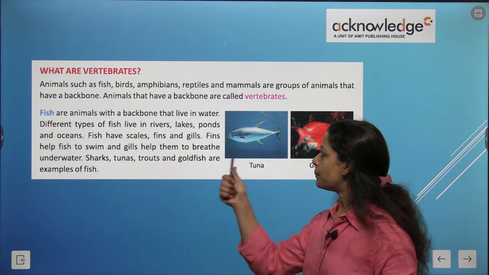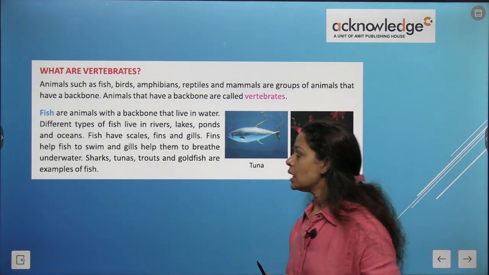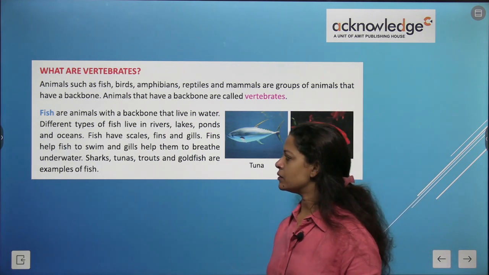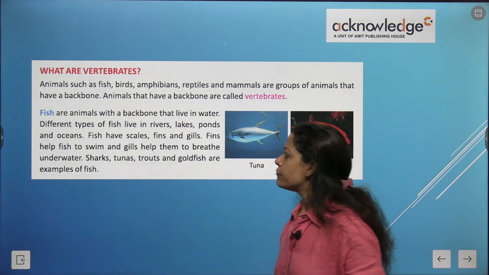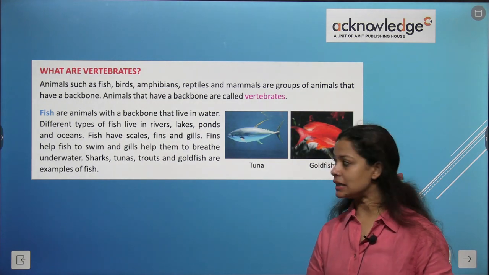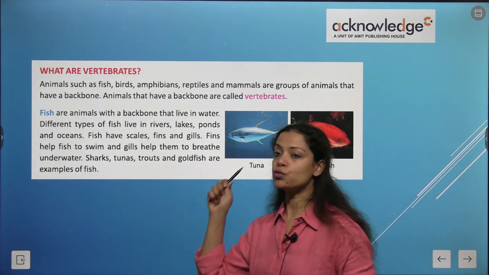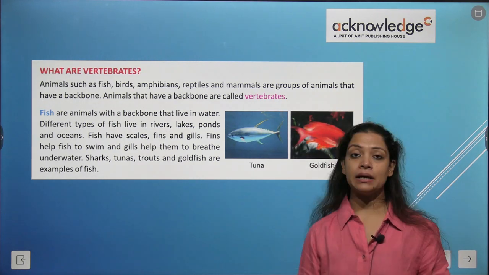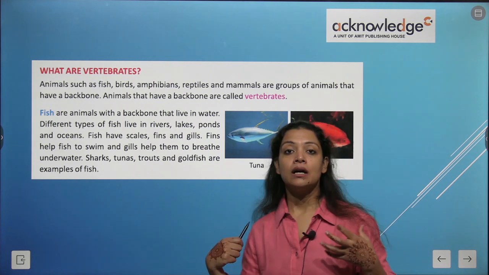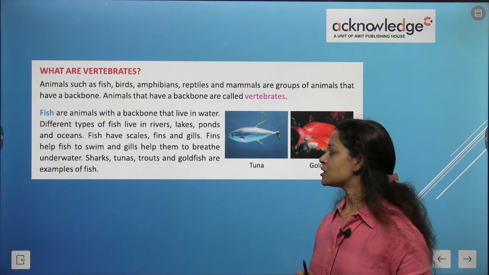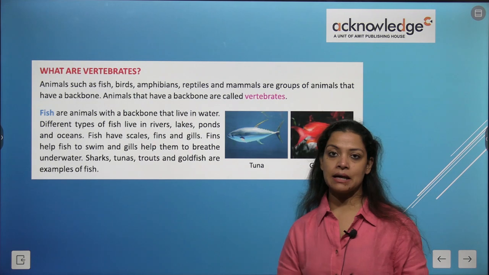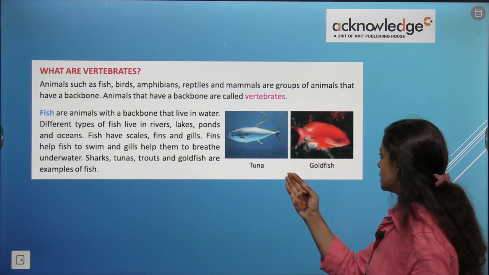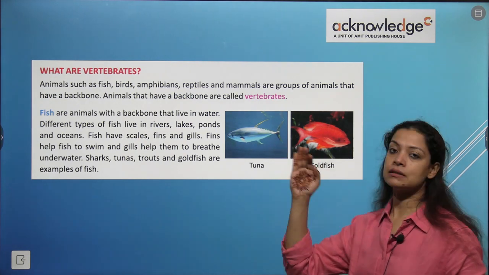Fish are animals with a backbone that live in water, and different types of fish are there in the water. They are in rivers, lakes, ponds, oceans, seas. Fish have scales, fins and gills. Fins help fish to swim. तो जो swimming organ है fish का वो है fins. Gills help them to breathe. Gills उनका breathing organ है. Sharks, tuna, trouts, goldfish are the examples of fish. Correct. So this was about fish. So you can see they have scales on their body, they have fins, they have gills